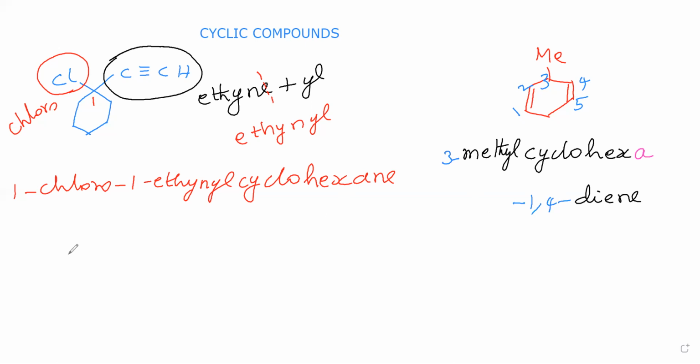Next compound we will take, this cyclohexane. Here double bond O we will take. Now what is the name of this compound? We will see. Here what is the functional group present? You see that. Here ketone is the functional group.